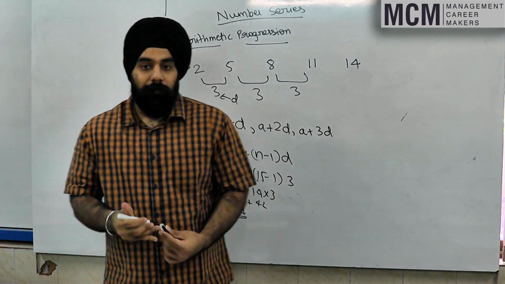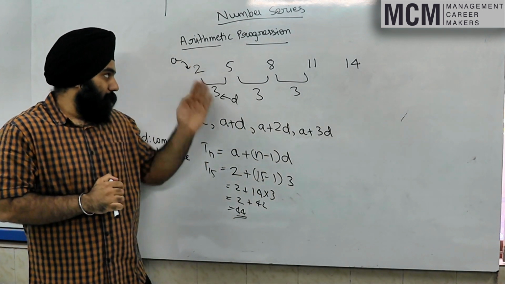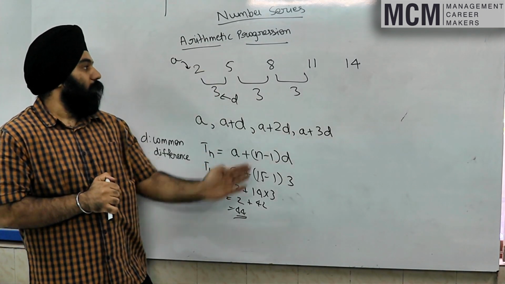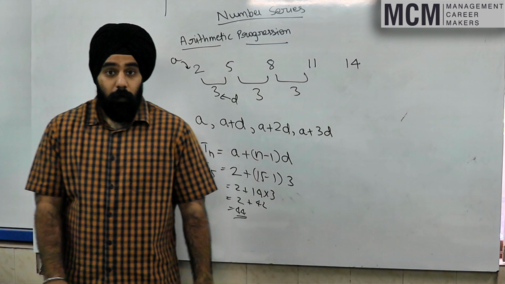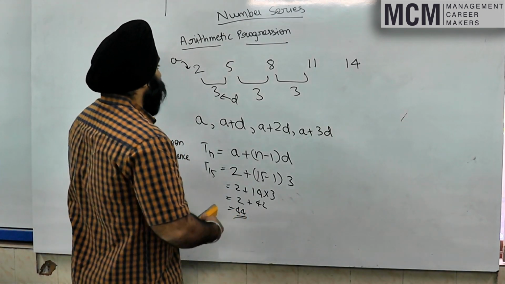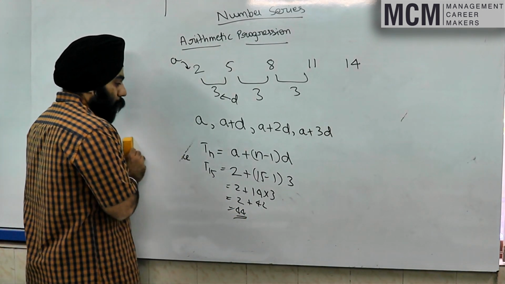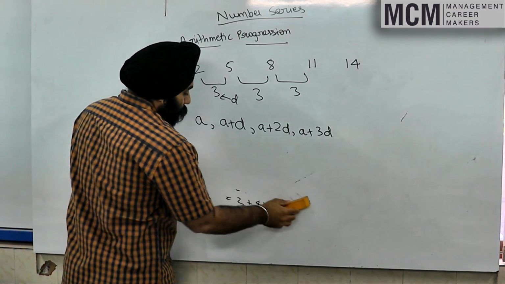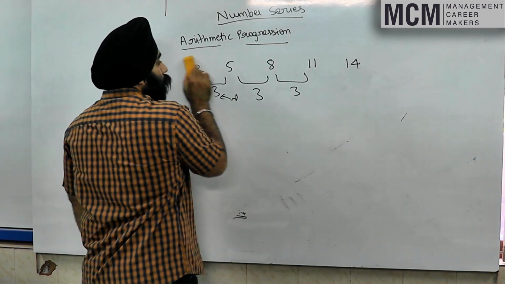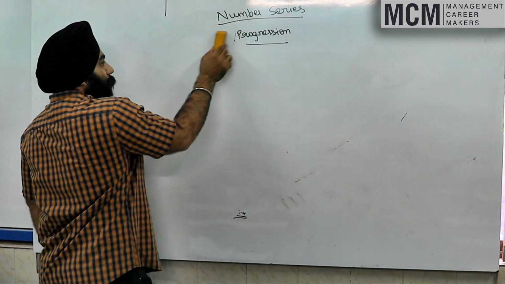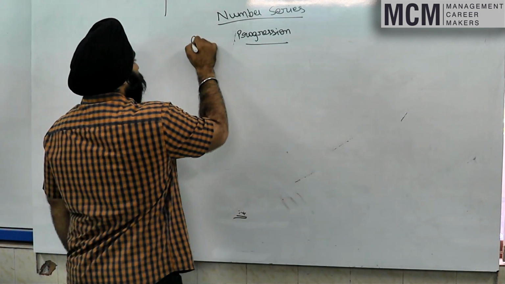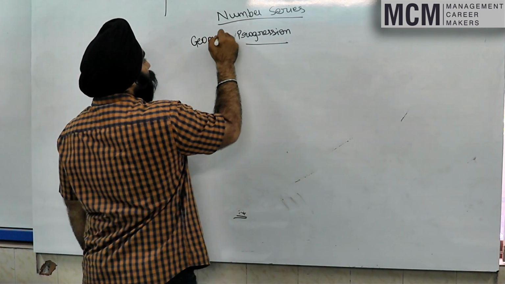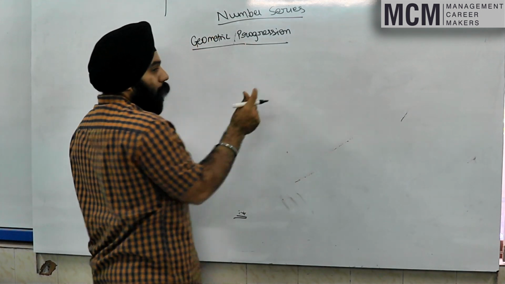Okay, why am I telling you this? It is so that you have a basic understanding of what arithmetic progression is. If you see this series, you can immediately find out the next term of the series. Okay, so the next type of generic series is called geometric progression. Just like the difference in arithmetic progression was the same, in geometric progression the product is essentially